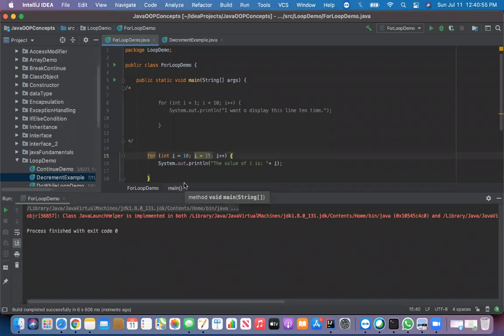i equals 10, i is greater than 15. So you are saying that your number will be bigger than 15, but you are giving starting point 10. So you are actually not giving anything. So now if you want to see the right information here, you have to make it the decrement way. So now if I want to see,